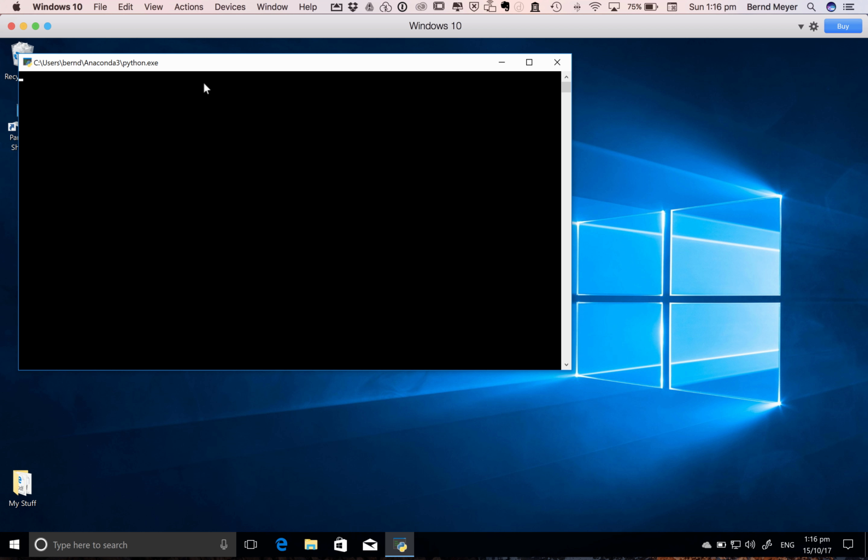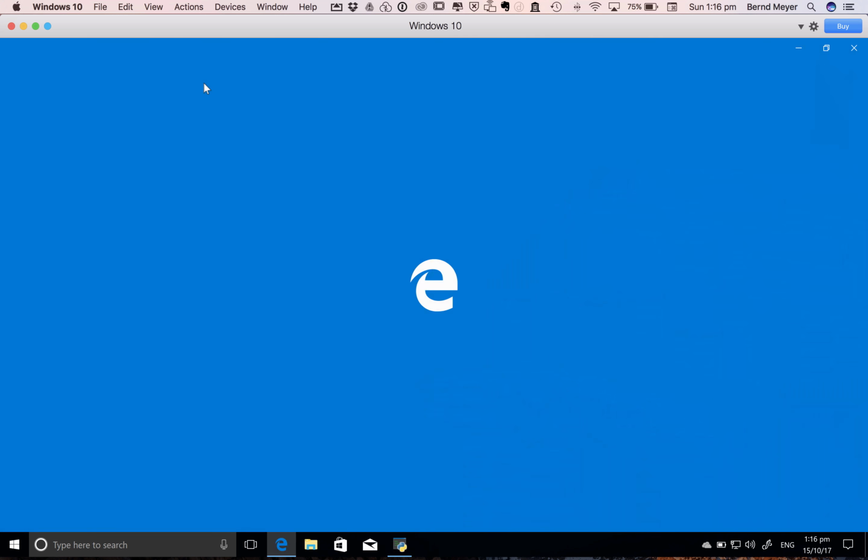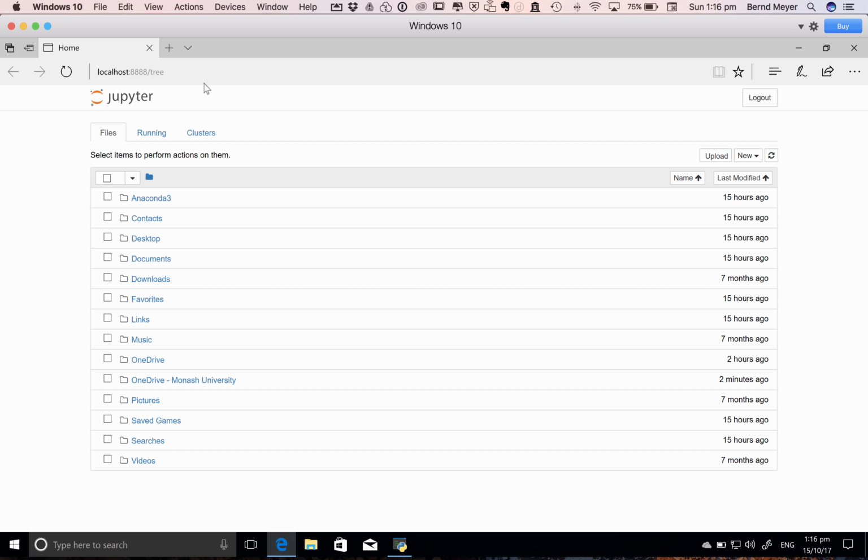Might take a second. And you see, this is the notebook server. The basic window looks very much like your File Explorer. You see all your files here, so we're interested in the ones that are on the OneDrive here,